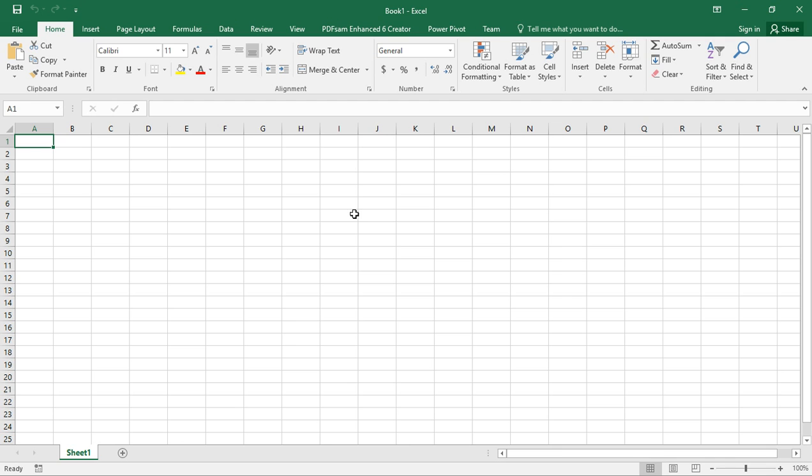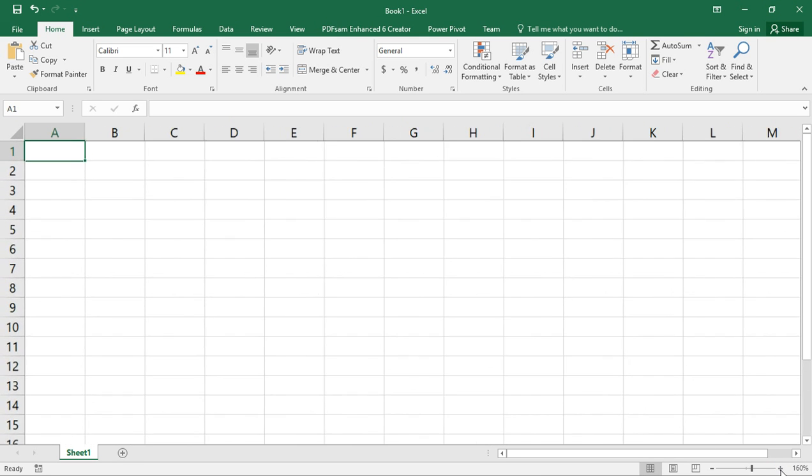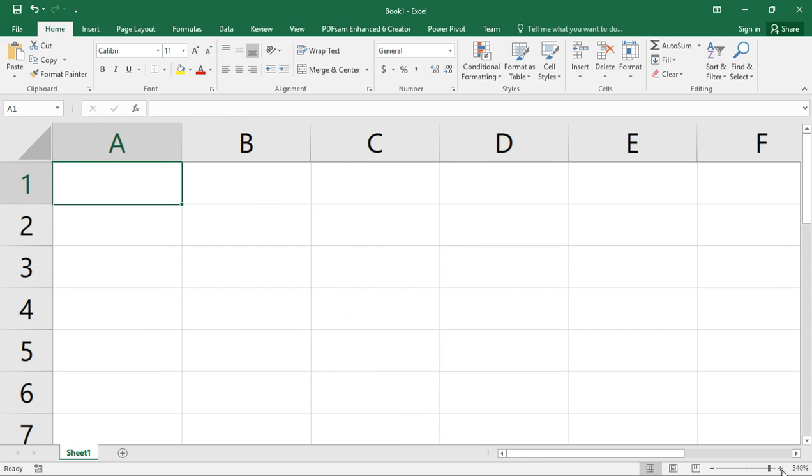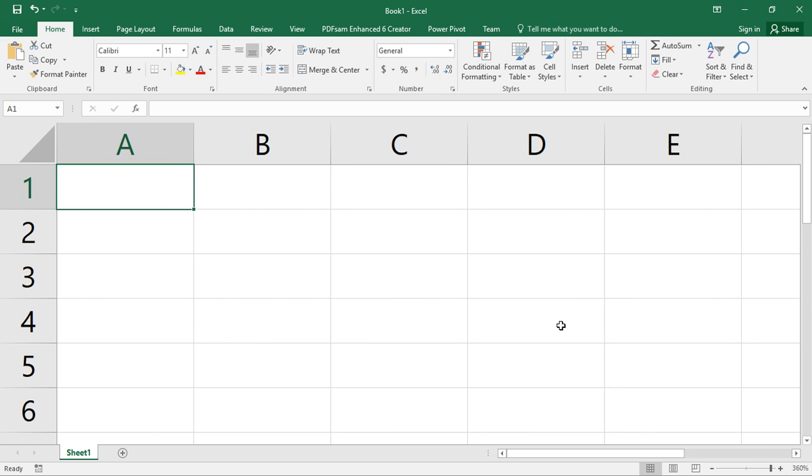Right, so I have my Excel open like that. I think some of you might not see what I will be typing here, so I'm going to zoom it in like that. These are the cells that I'm going to put some of the data, some of the information that we want to work with.